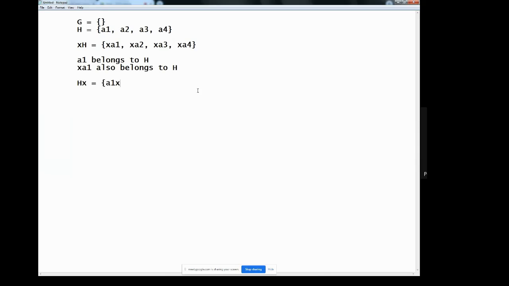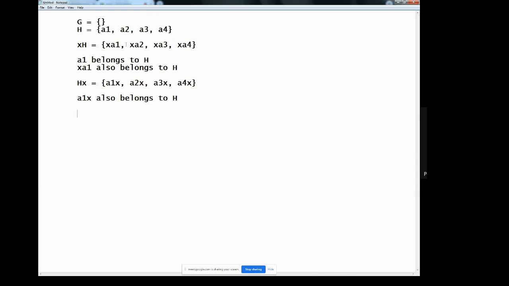A1 X, A2 X, A3 X, A4 X. Since A1 belongs to H, if you multiply by X, because it is a subgroup, it should follow the closure property and the resultant will also fall under the same subgroup. Hence, A1 X also belongs to H, right?